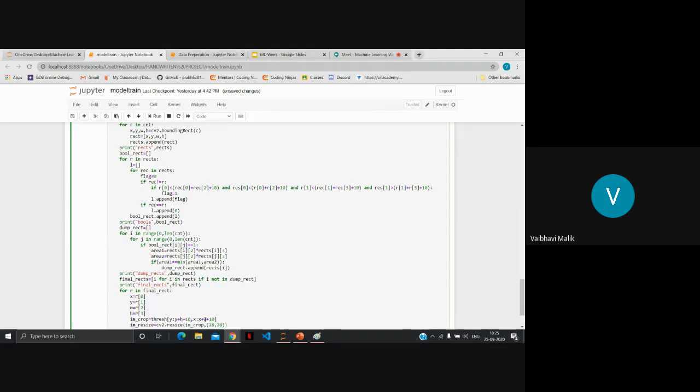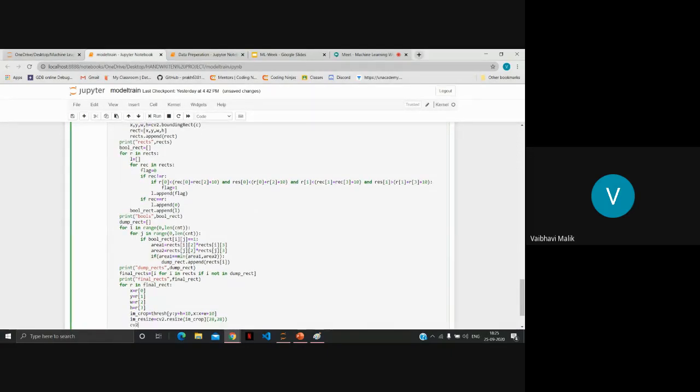Okay. So till here we are done. Now we will show the image. It will show all the contours that we have cropped to rectangles. And we will show the resized image that we resized.